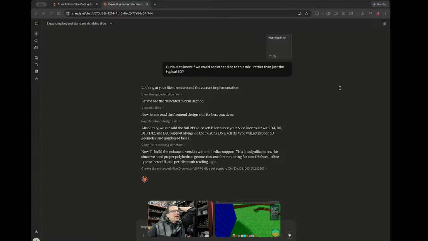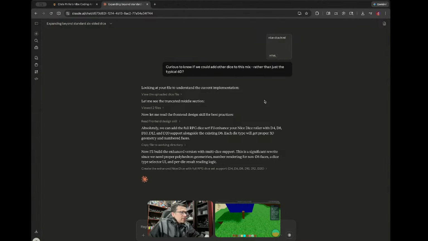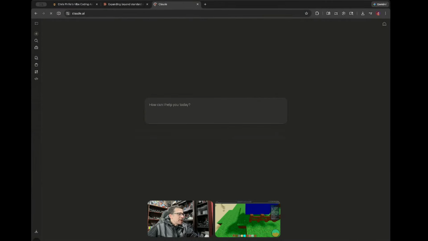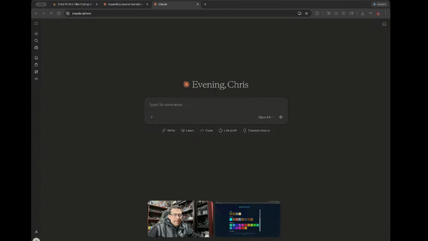Okay, so a generator for custom display bases and nameplates for popular figures. Well, they could probably use the same thing. I know what he's saying. I don't know, man. The only other thing I wanted to possibly iterate is multicolor support. I'm gonna burn through all my Claude credits here. Multicolor support for